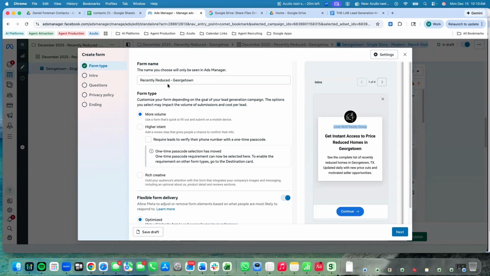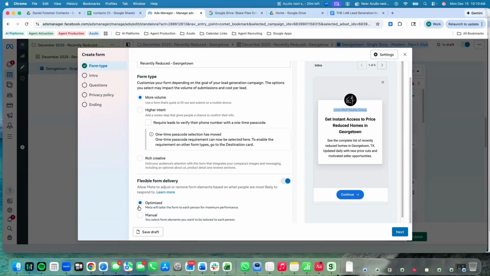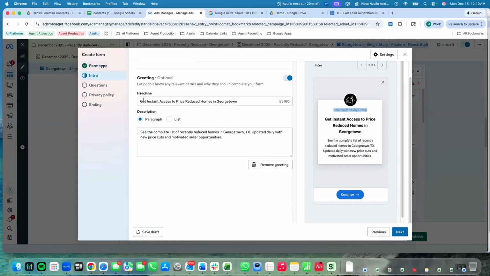Recently reduced Georgetown, Texas is the form name. Okay, so this is all focused on that thought. More volume. And then I wanted this optimized. Okay, great. So then what I'm going to click next, I wrote out my headline here as direct response marketing